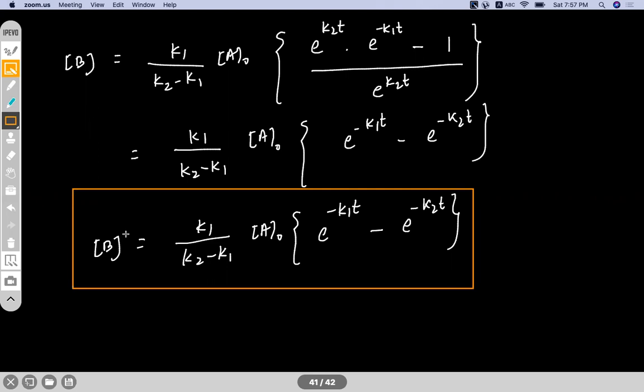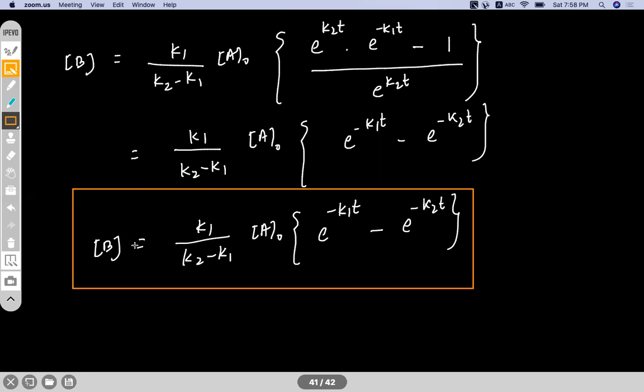Sir, is it maximum when the rate of formation of B from A equals the rate of disappearance of B to C? That condition we can find out, but no, that we cannot say, it depends, because it depends upon A and B. It's a general expression, no? Obviously we can say the rate of B will be maximum when the rate of A to B is more and B to C is less. That is a general thing we can say, but that won't lead you anywhere, correct? Okay, sir, let it be.